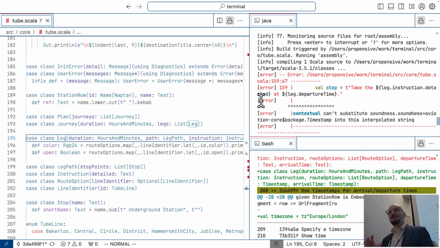You can only substitute a value into a string if there is a showable type class which defines the way that will be converted to a string for human readability. And in order to get them showable, we first need to introduce a time zone, because these timestamps as they are presented are in London time, whatever that happens to be. So we define a time zone,